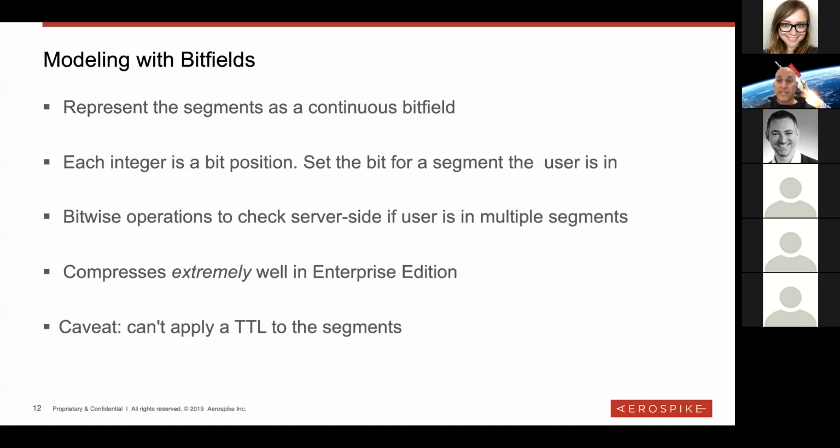The caveat is that I have yet to think of a way to have this TTL approach, like the maps have, where you can say remove by value interval and get rid of all the segments that are too old. You might just need to reprocess and zero out and replace every time, and always have the latest stuff in there. So I'm giving this as an example. It's not a perfect example. This is really just so you can think of modeling things with bitwise operations.